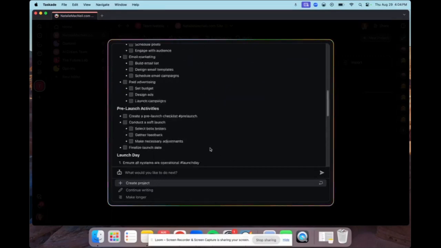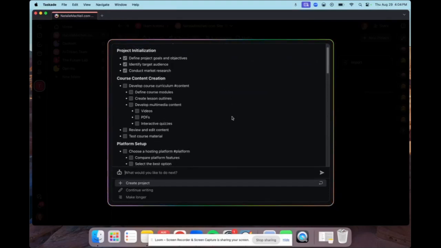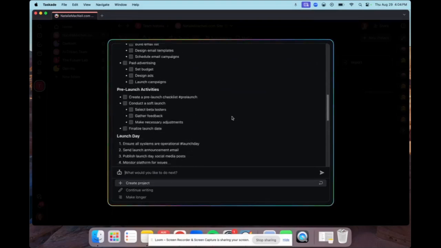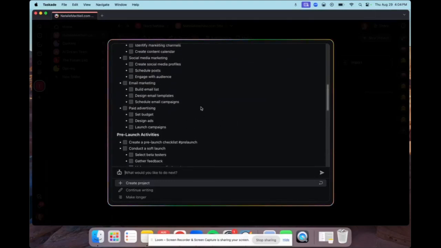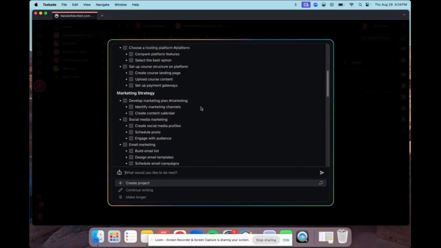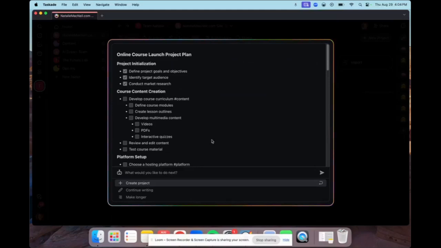Mind-blowing. These kinds of project plans used to take us a full day to develop in our business. And I didn't get super specific in the prompt, so I'll have to refine. I just wanted to show you here what's possible. And it actually lays out the entire project plan here and all the tasks, which is pretty crazy.